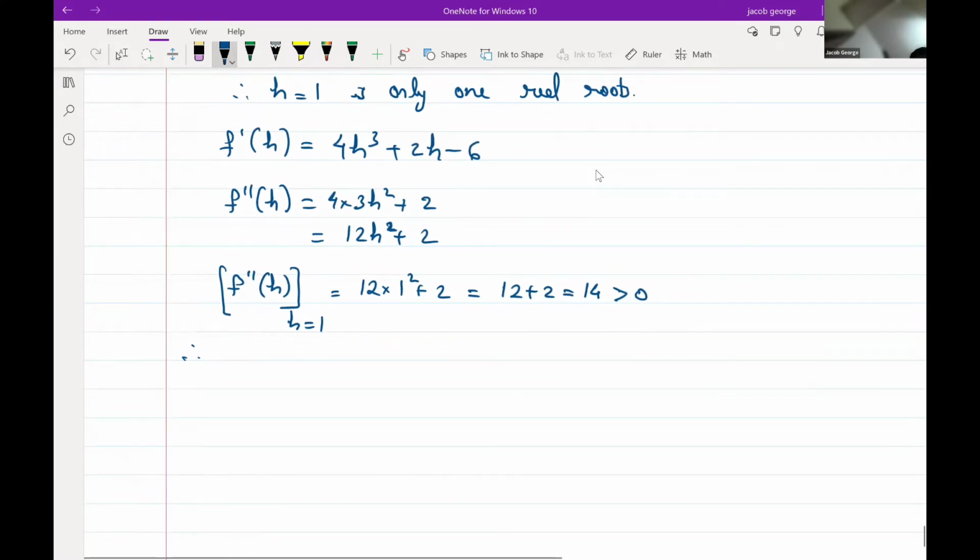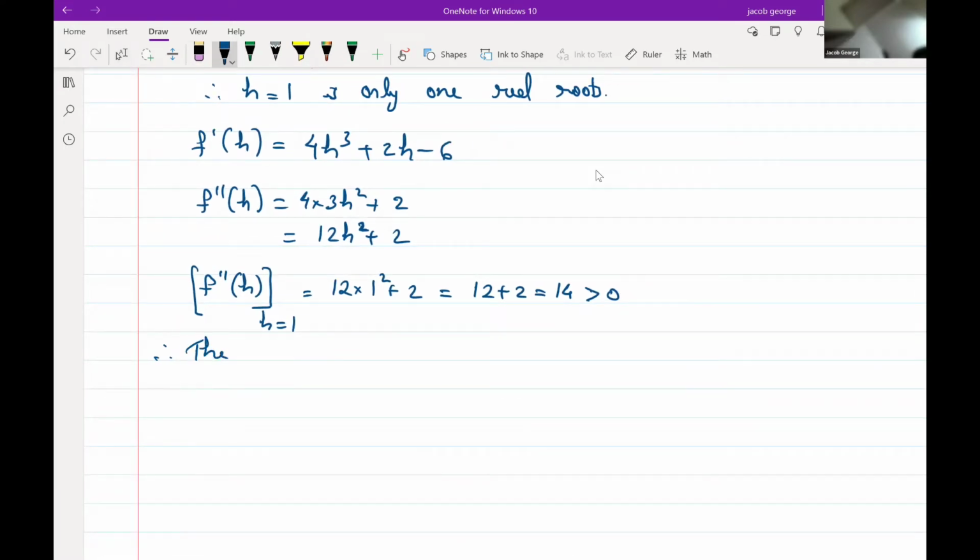Therefore, the distance PQ is minimum at h is equal to 1. Then the conclusion: find the minimum distance. So the distance we have already written in terms of h. We will copy that step and substitute h is equal to 1. So the minimum distance PQ is equal to,